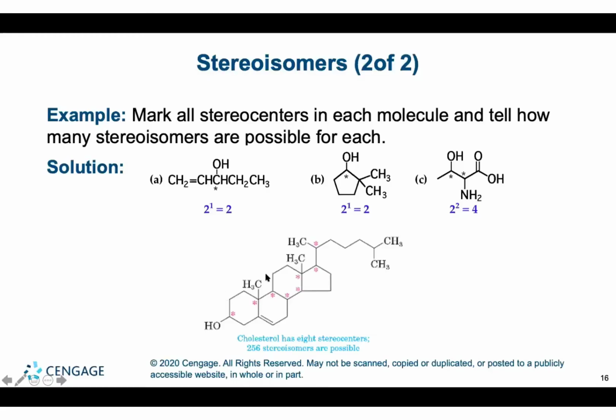So we have 2 to the power of 8, or 256 stereoisomers for this one. Don't worry, guys, I'm not going to ask you to draw the stereoisomers of this compound in the exam. That's all, guys, for this